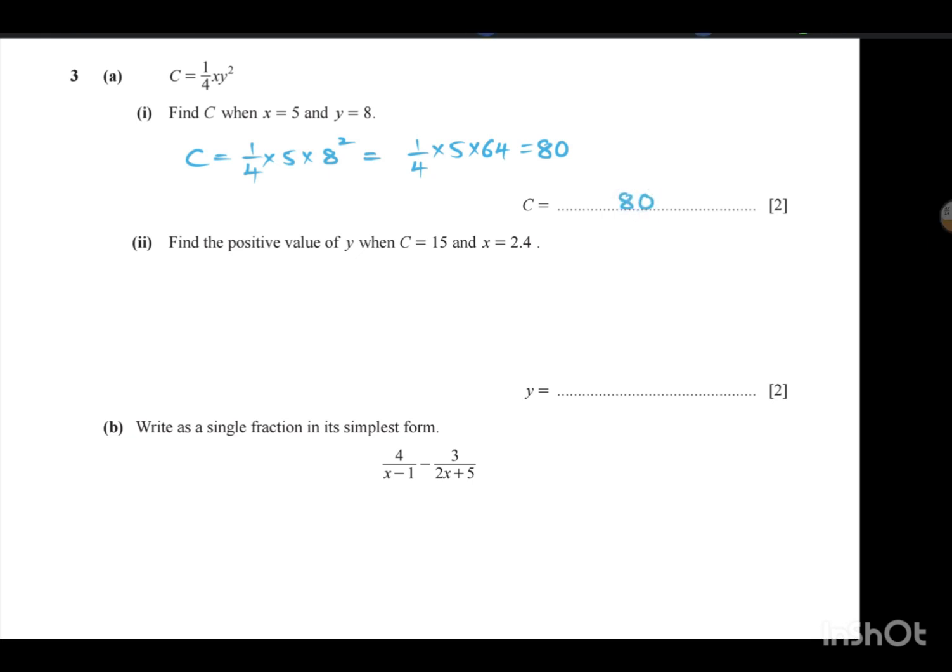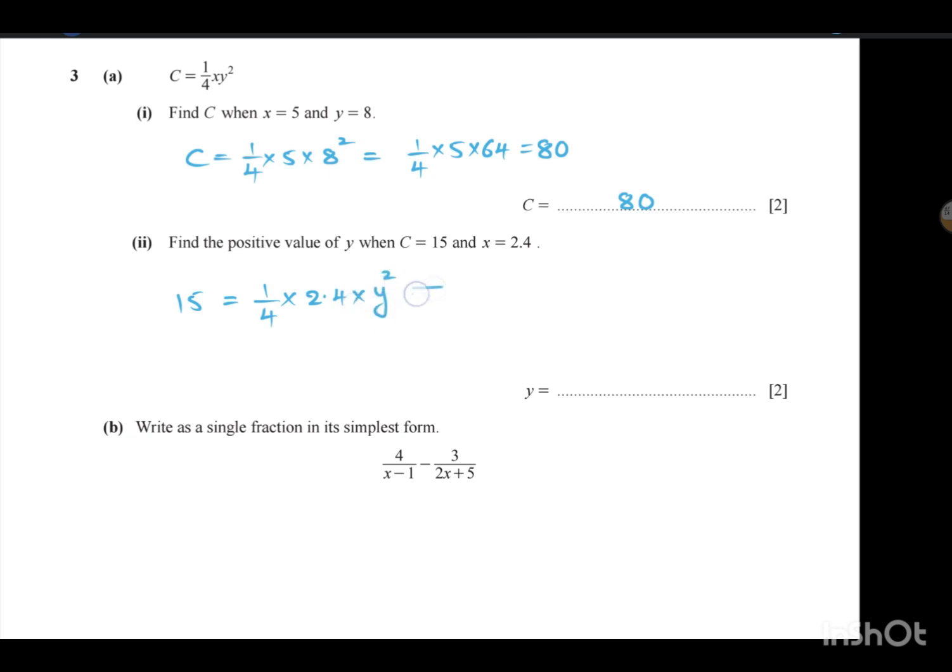Question 2. Find the positive value of y when c is equal to 15 and x is equal to 2.4. Now, when we have been given this equation here, you have to find the value of y in that equation, positive value, and c and x values are given to us. So just put those values. C is 15. 15 is equal to 1 by 4 into x is also given 2.4 into y is not given, so y